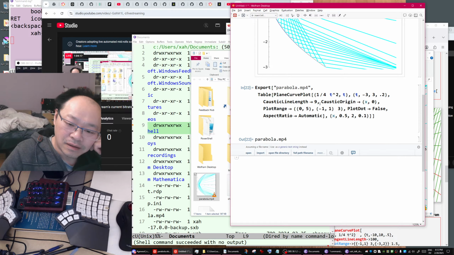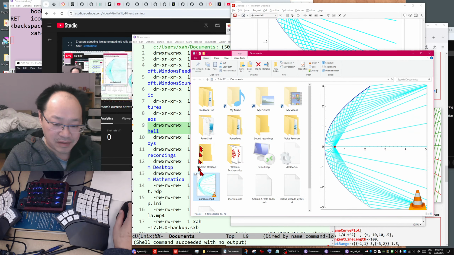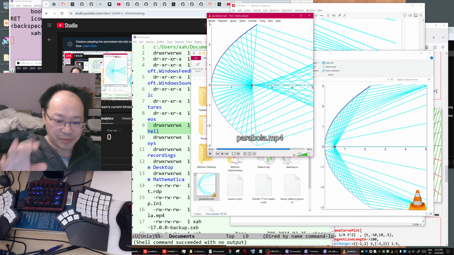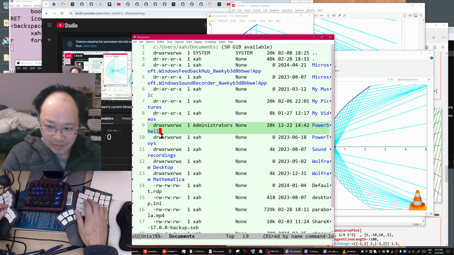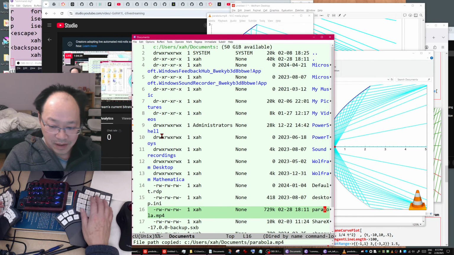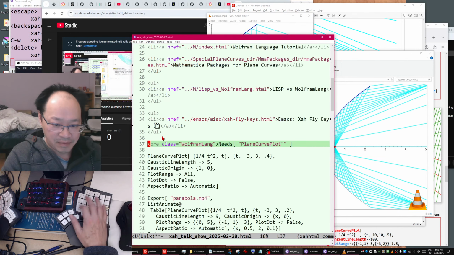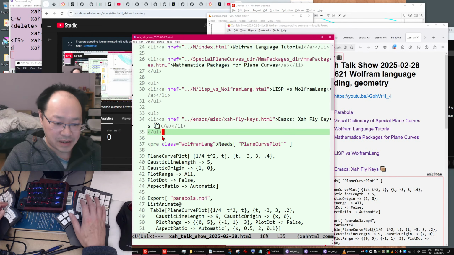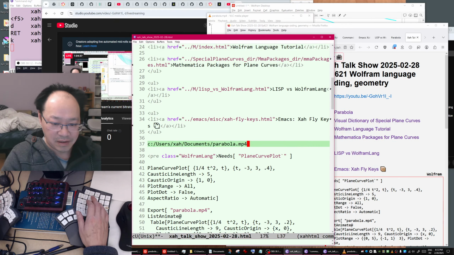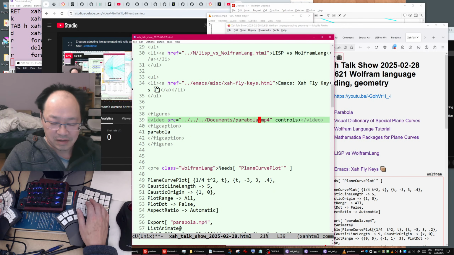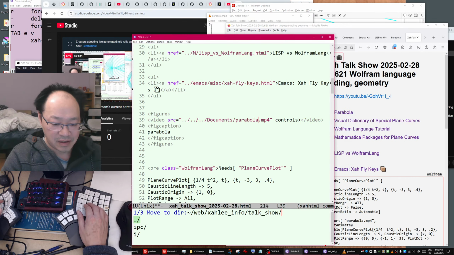Okay, done. Fantastic. So open this again. Beautiful. That's what we want. Okay, so copy, close, put it back, show in browser. Actually paste it here, make it a link, and also move it.